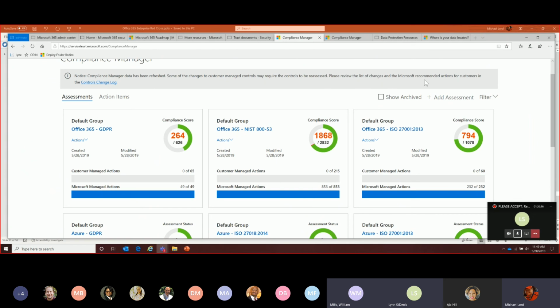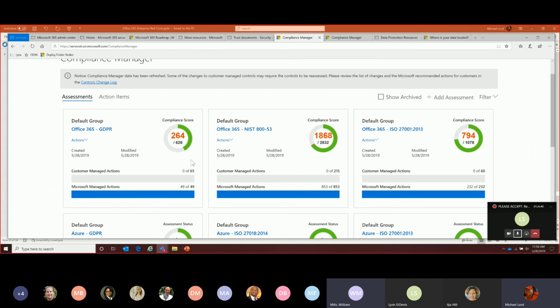Sure. And kind of changing topics, and I'm sure this is going to generate a lot of discussion as well because it's linked, but it's separate. One of our roadmap items is the new Compliance Manager. And I have a feeling I'm about to show you an old tool, which is what is on the screen, that some of you may not have seen. And I will be showing you the new tool as well.